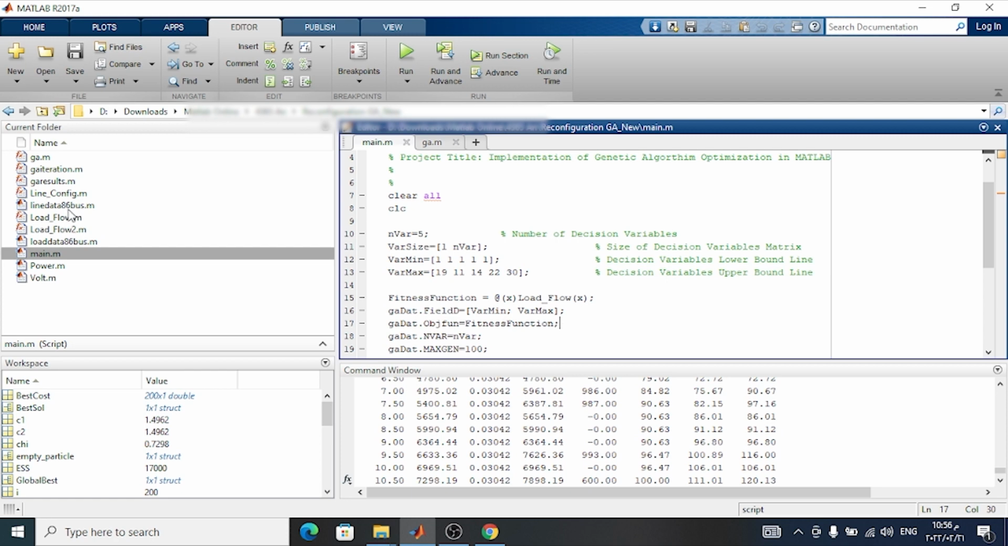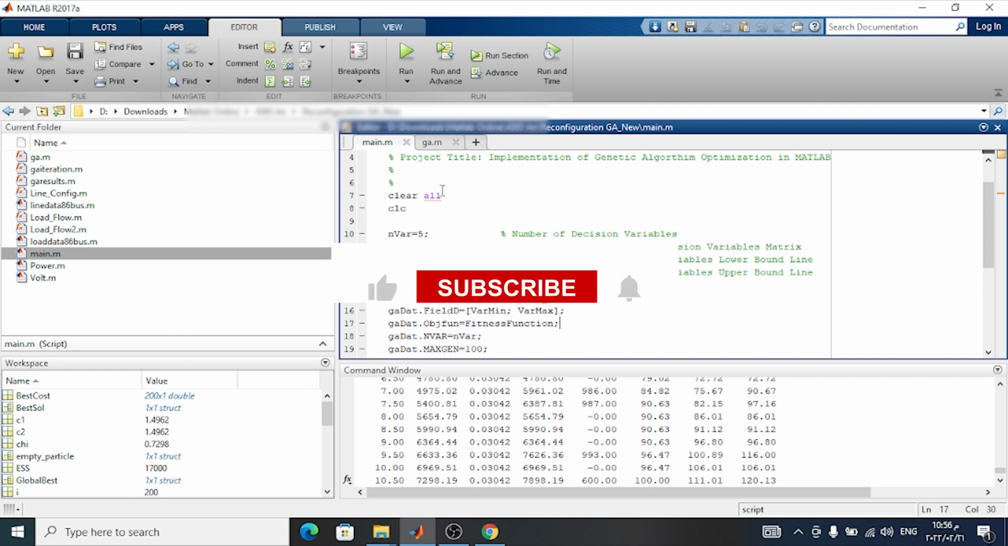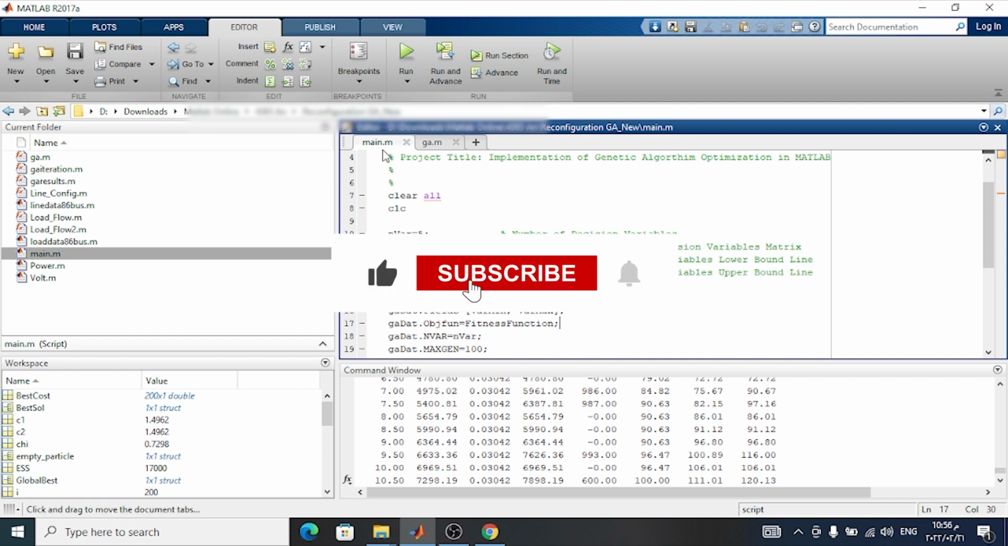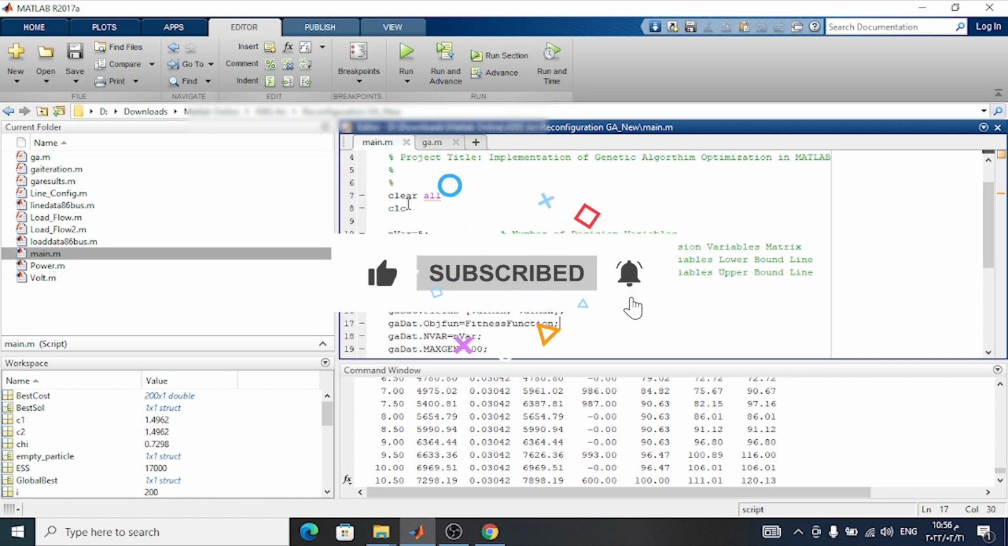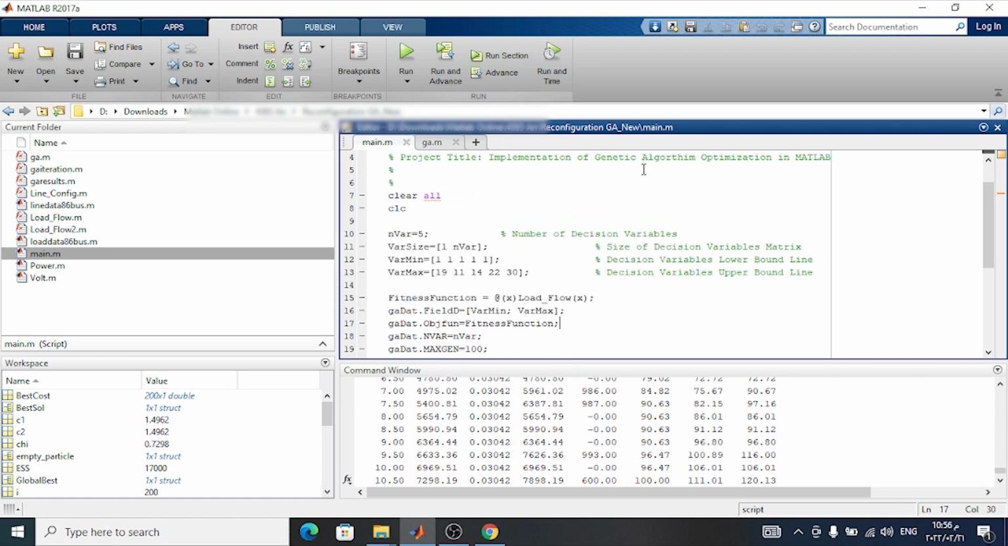IEEE 86 bus, and how to implement the genetic algorithms. The first file is the main file. The main file is to implement the genetic algorithm optimization for the reconfiguration, the optimal reconfiguration for